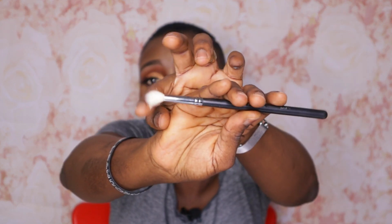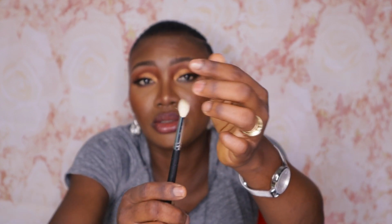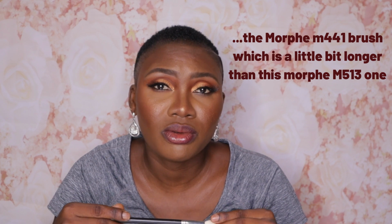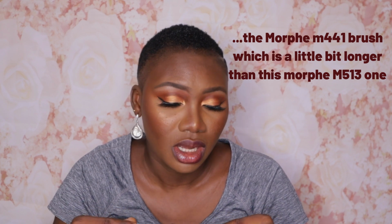It's a fluffy brush that is a bit tip hard this way. Now at the time I used to follow Jaclyn Hill, and she swore that in this Morphe brushes she was using the M441 or M411 brush, and I got that brush, about 3 of it on a whim, and it didn't work